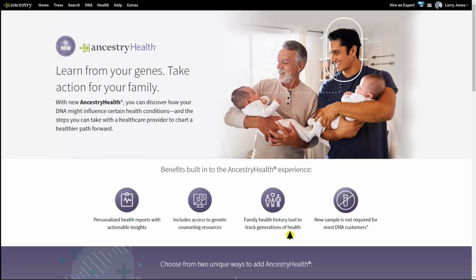Or it may be that through my other side of the family, I got the markers from that side, and I may live to be 100 years old. So with that, you can kind of see that and track it through the generations. So I think this becomes more valuable as time goes on. I think the more generations you have, and you can kind of see how it goes,